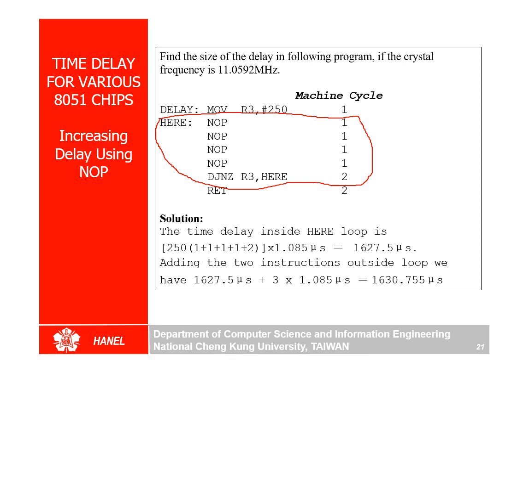Plus this one, how many times? This one only one time, because we are not asking to come again and again, right? So how many machine cycles here? One machine cycle here, two machine cycles here. So 1 plus 2, 3. 3 machine cycles multiplied by 1.085, so 1630.755. Even if you ignore this one in the calculation, there is no problem.